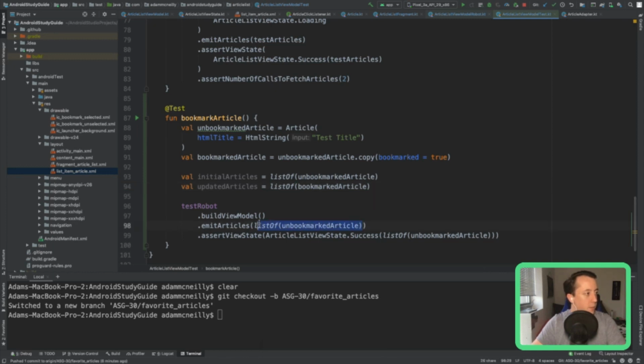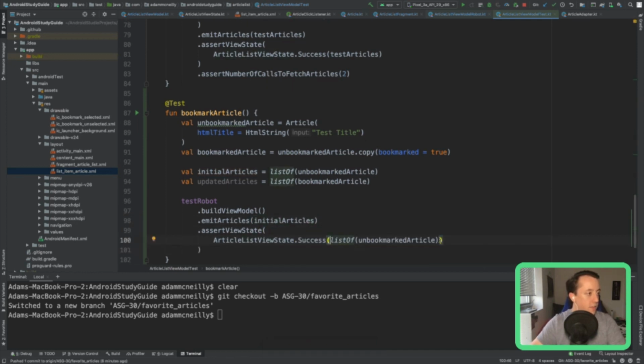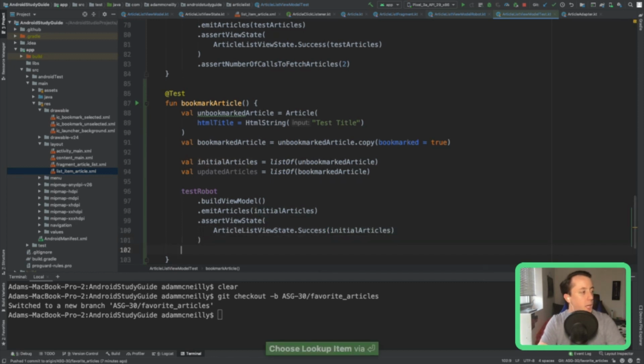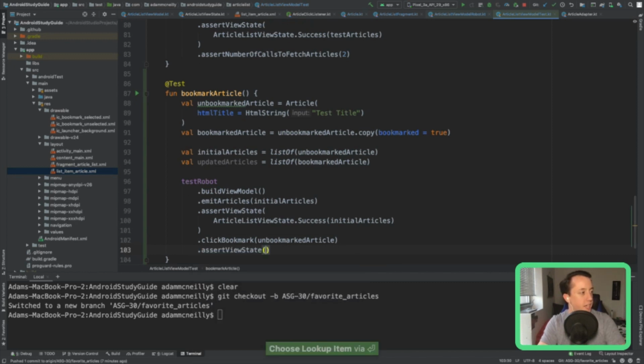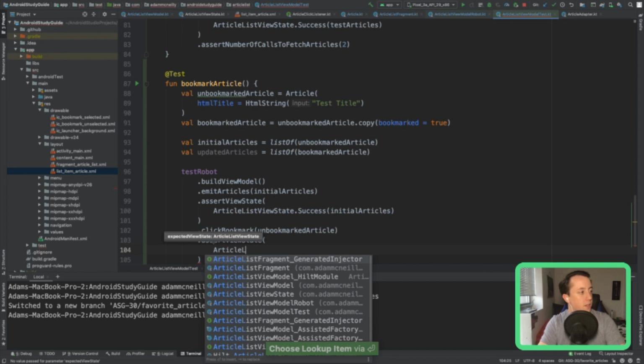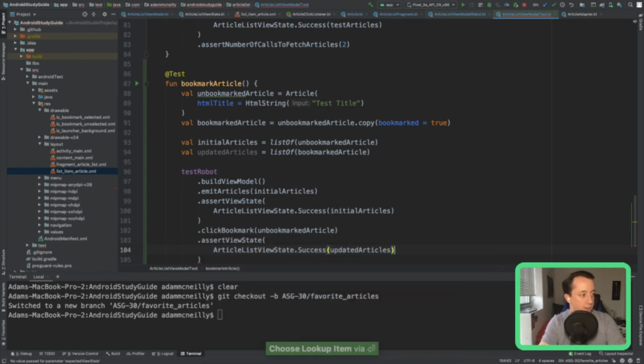We're going to emit the initial articles, and then assert that the view state is success for the initial articles, and then we're going to call click bookmark on this unbookmarked article, and then assert the view state should now be article list view state dot success with updated articles. So we're going to run this test.